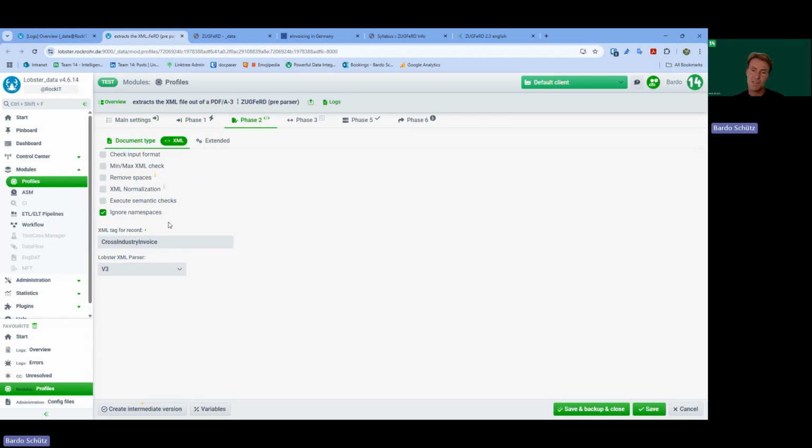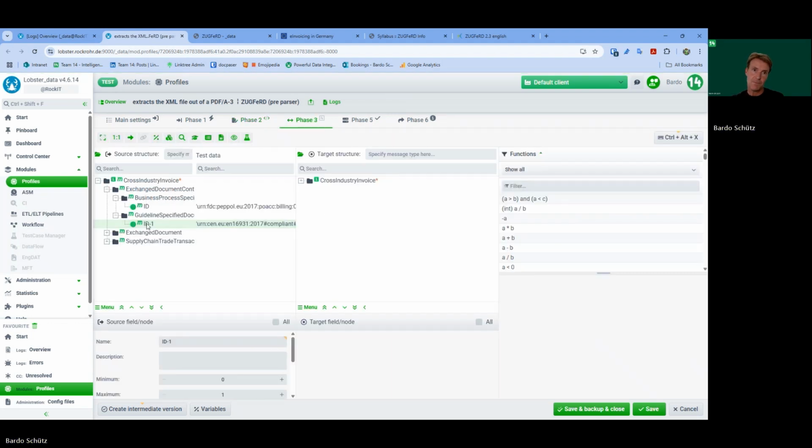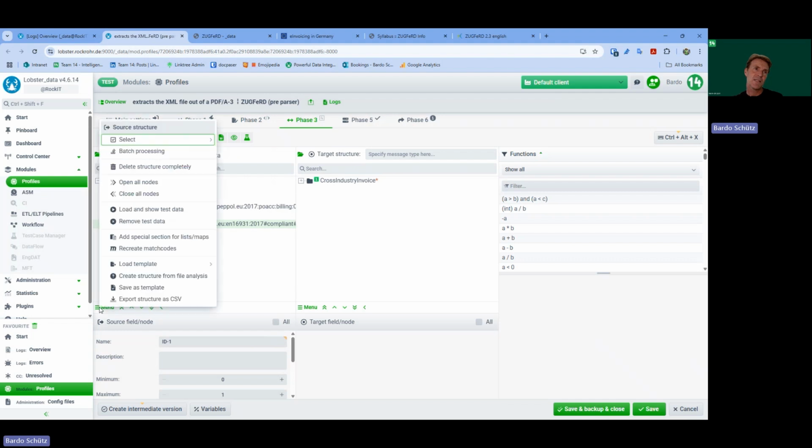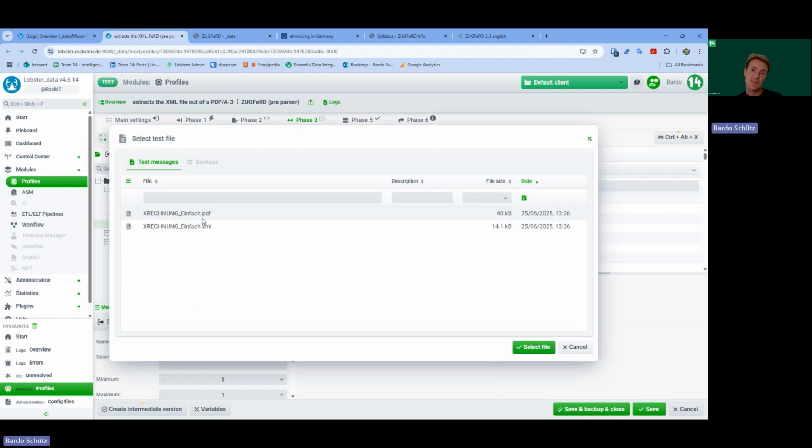We're ignoring the namespaces because I'm going to use the XML my way. I don't need these namespaces later on. And option V3 is fine. In this case, I have created it the exact way as it is in the model, just except for these namespaces. And if I would test this and say load and show test data, and I give it XML,